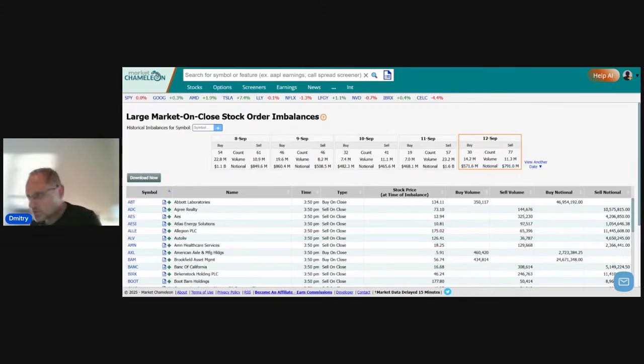You could put in a limit order, see if the stock reaches your limit order. But when you use an order specifically on the closing price, that order will not get executed during the day, even if you have a limit order where the price goes through, because that's designated as a special order type that is only eligible to get executed at the closing auction.